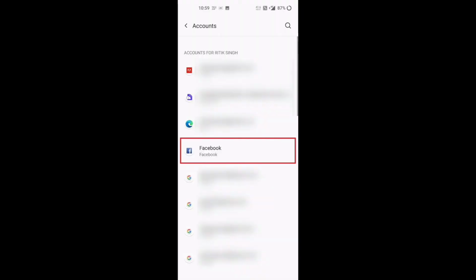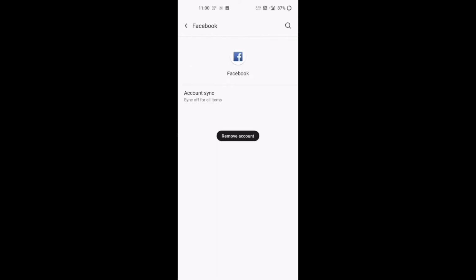Now the second process is to disable sync for third-party apps. Sometimes the android.process.acore has stopped error can be caused by sync issues with Facebook, Instagram, Messenger or any other social apps. So for this, stop syncing apps by opening the settings, going to the accounts section, clicking on Facebook or Messenger or Instagram, and then disabling the sync option. Follow the same procedure with other third party applications too.